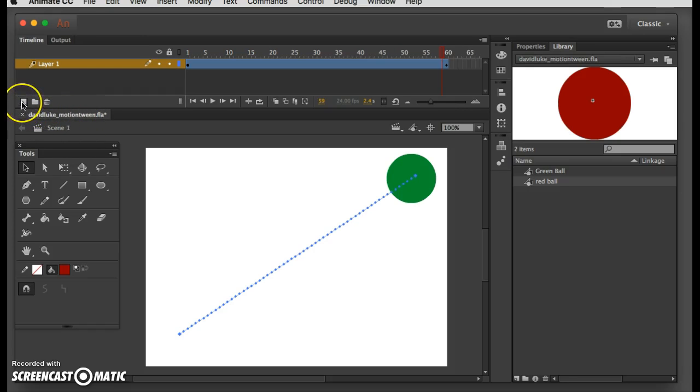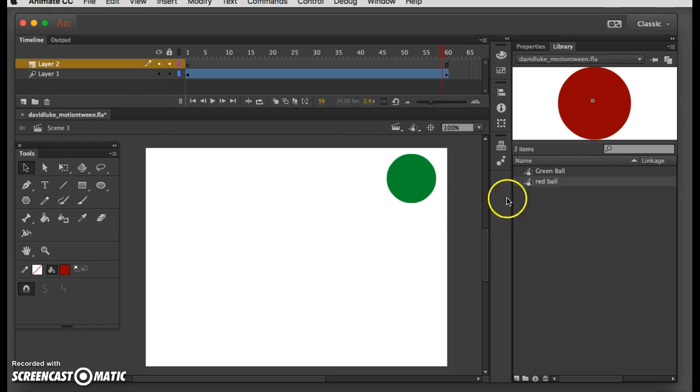So what we're going to do is go up to this new layer icon. It's just below the layers. Okay, and I'm going to click new layer. And I'm going to repeat the steps that I used for the green ball to do this animation. Remember, it's pretty easy to get lost, so make sure you're in the first keyframe of this